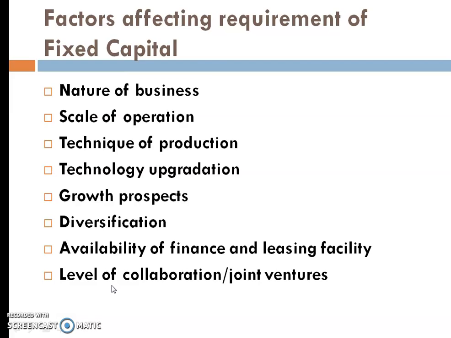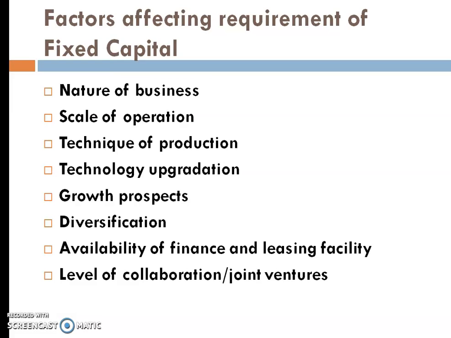Next we have availability of finance and leasing facility. Now in leasing facility what happens is you only need to pay the lease rental and you can use the asset. No need to purchase that asset. So it reduces the requirement of fixed capital. If such alternatives are available, then the fixed capital requirement might go down. But if such facilities are not there, then you have to purchase it, yes or no? So the fixed capital